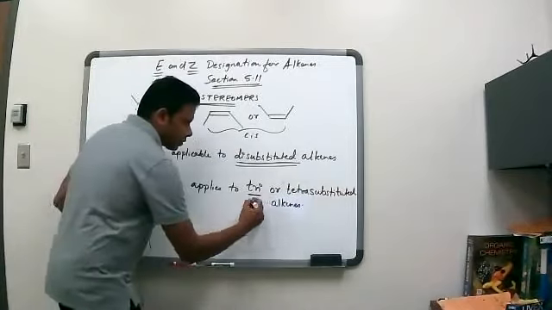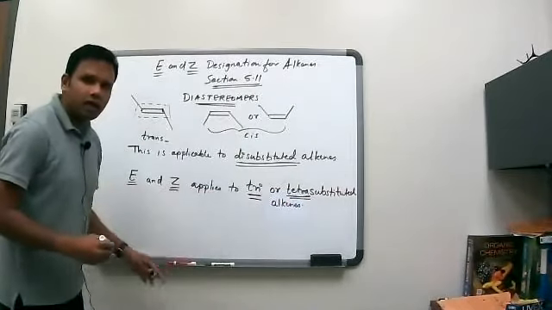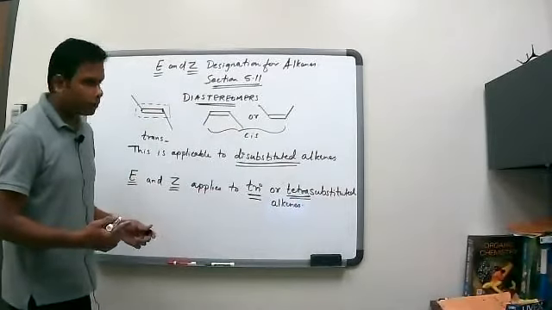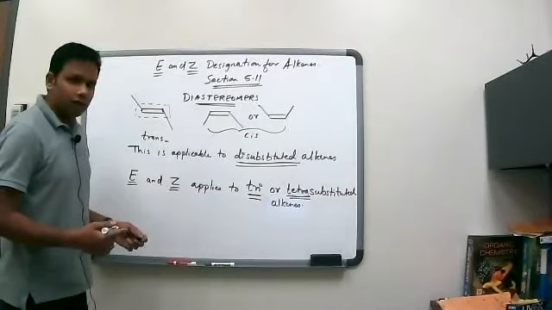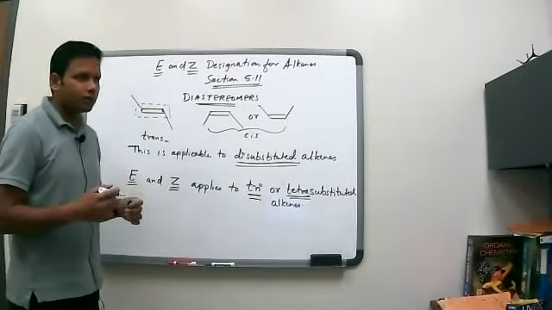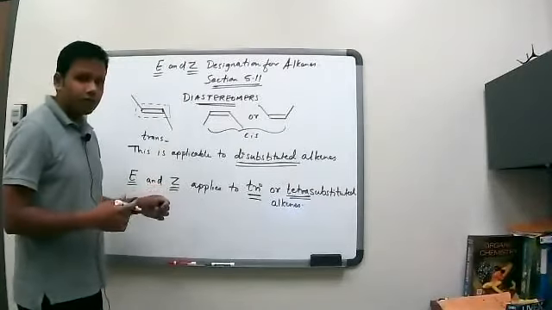Okay, so tri or tetra. That means when you have an alkene with three different groups around it or four different groups around it. Okay, and now that's key. It should have three different groups, or I think there are different variations to it, but